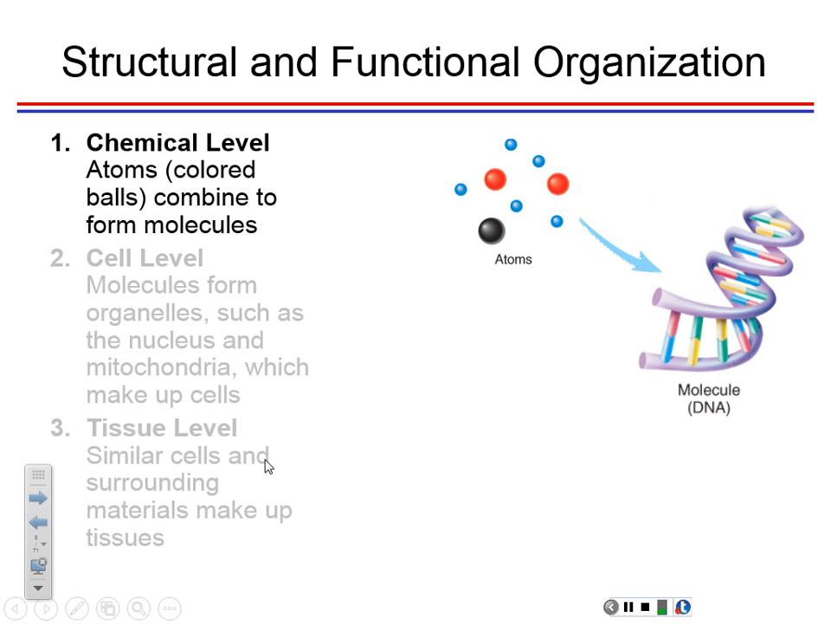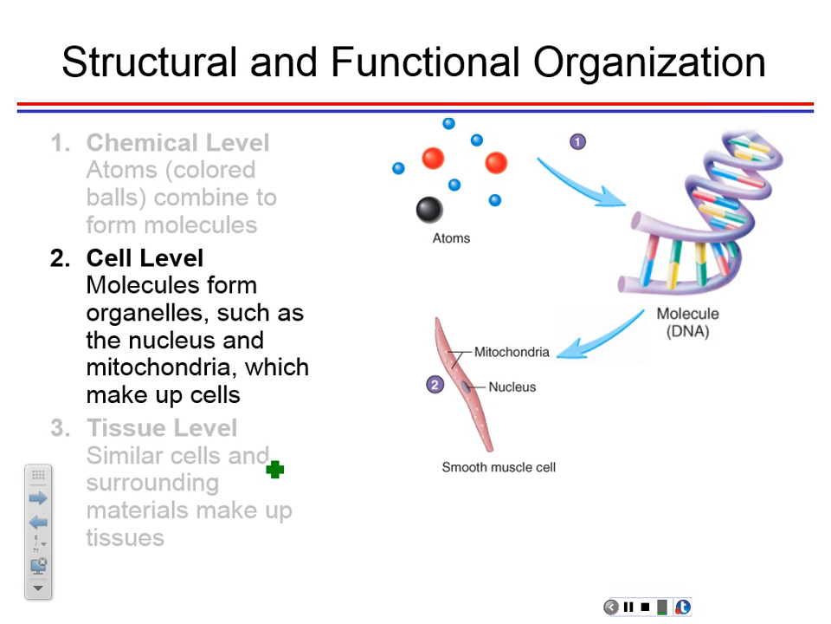So the chemical level, like I said, is the atoms that make up molecules. Like H2O, for example. It's got these 2 hydrogen atoms and an oxygen atom, making up the molecule of water. And then those molecules